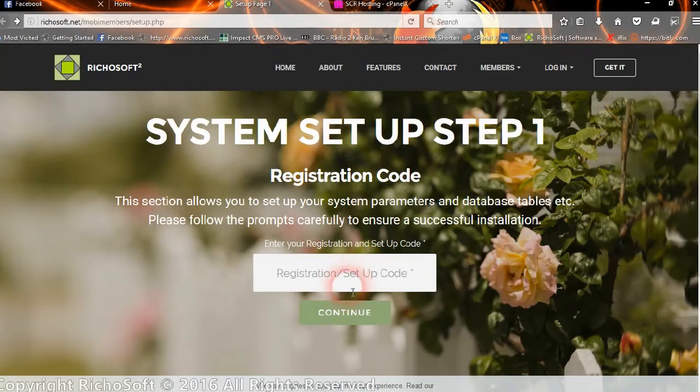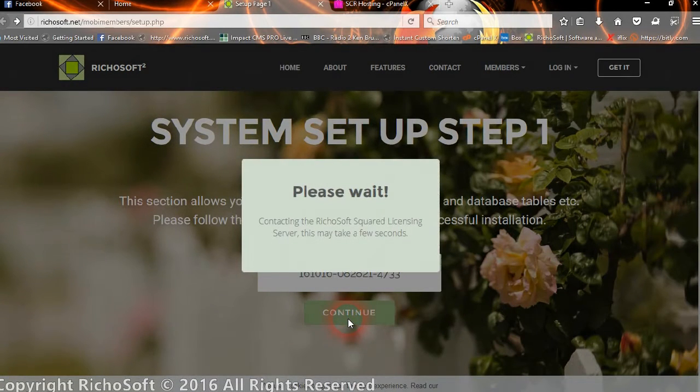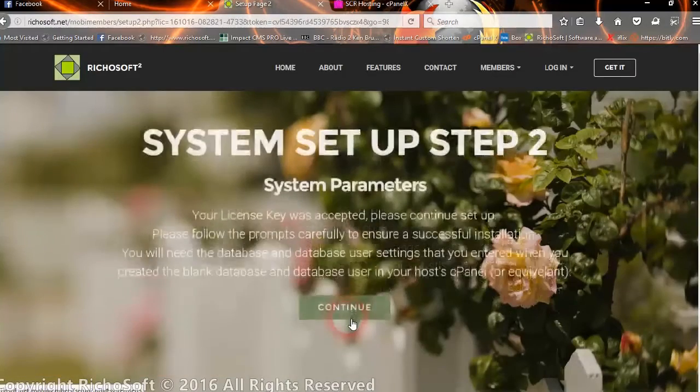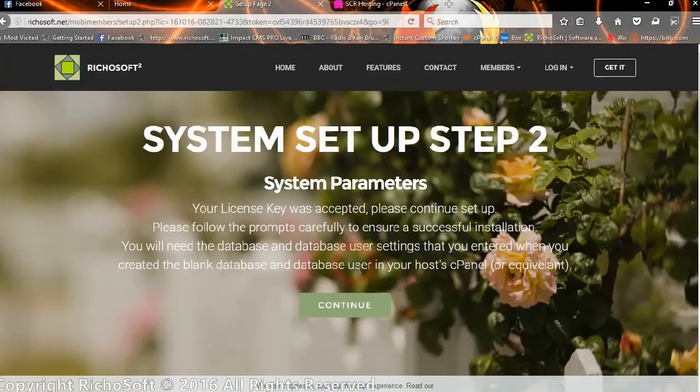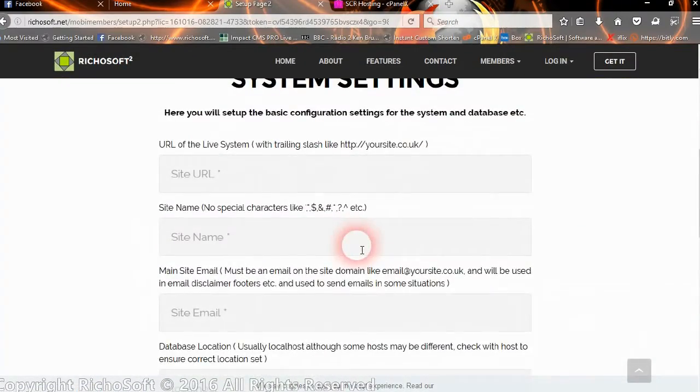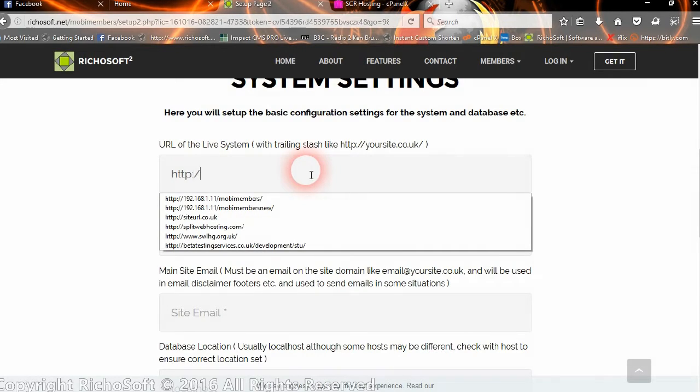So we copy that and enter that, and once the registration code is validated, setup will continue automatically. We go in now onto the system parameters screen, so we can set the system parameters,